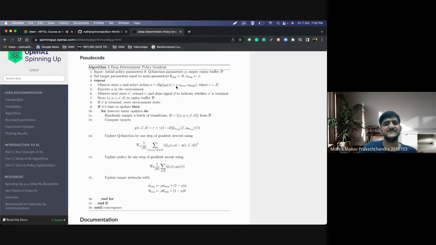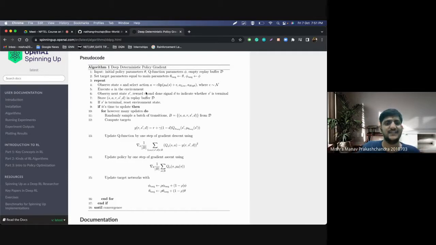So what you're trying to do is the max over all actions of Q of S comma A. This is mu theta of S plus some noise that you have added, and then this is bounded between A low and A high, right? So this is always clipped. If this value goes beyond A high, you clip it and keep it at A high, and if it goes below A low, you clip it and keep it at A low. So this is some sort of clipping that you're doing.